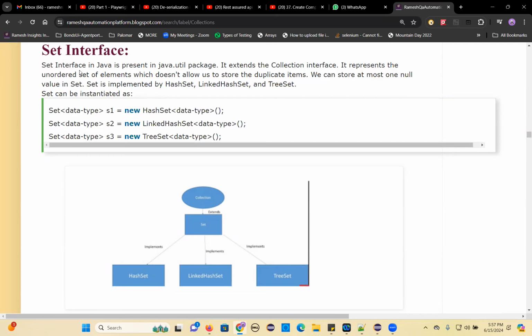List provides index-based methods. You can access elements based on the index. You can insert elements index-based. You can delete elements index-based. Those are the methods the list is providing. But set,